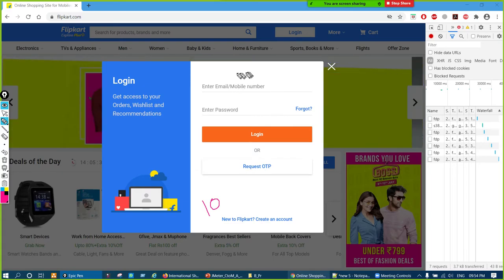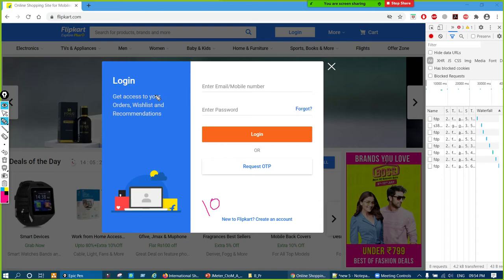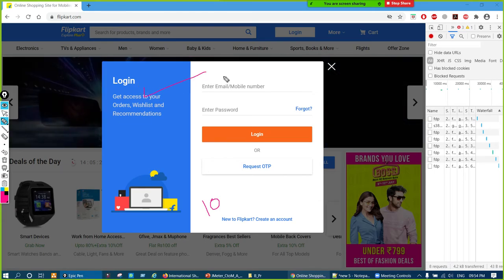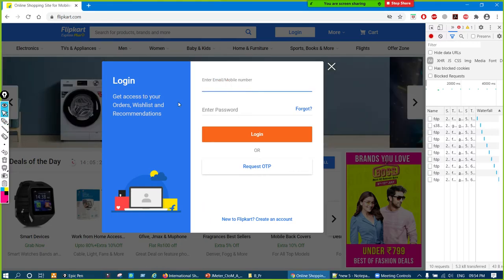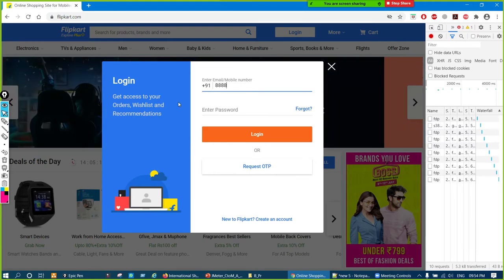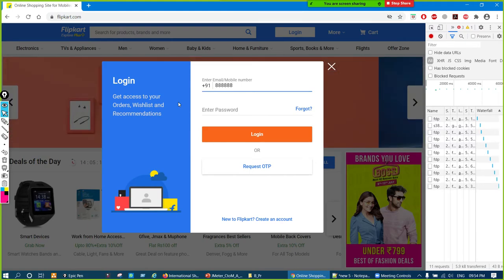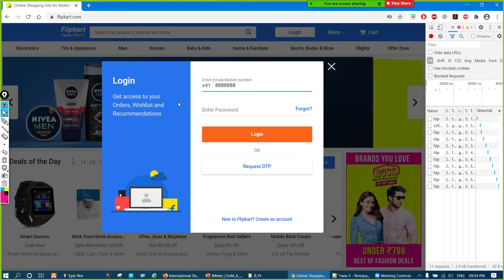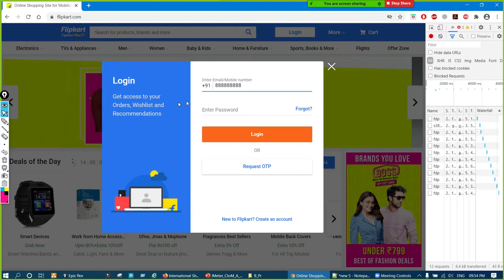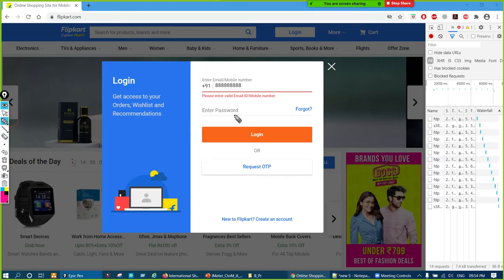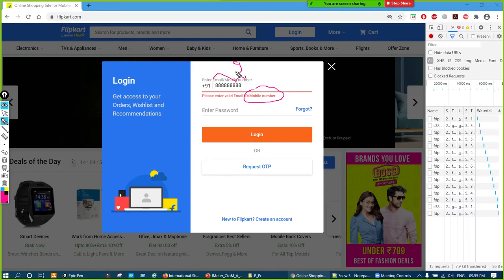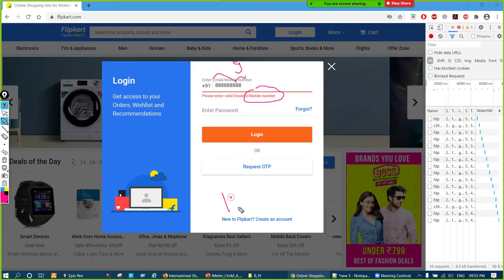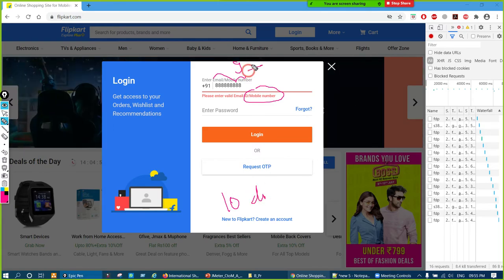So as a tester, we know that if this website, this login module, is properly tested, and I give a 9-digit number, it will throw an error, right? I'll show. Let us give a 9-digit mobile number, 24678 and so on, 9 digits, and I'll click on the login button, so it will throw an error. See, it's saying please enter a valid mobile number. Why is it saying that? Because this is of 9 characters only, length 9, but basically it should be 10 digits.